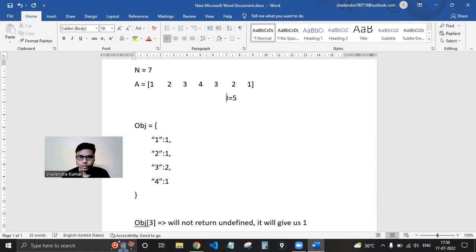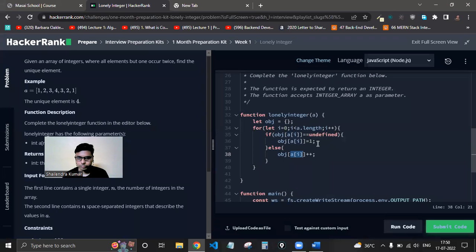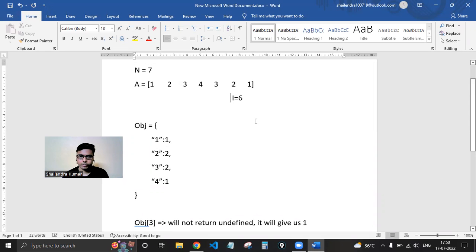After that i moves to the fifth index. So here also we can see that 2 is already present in our object. So we will increment this value to 2. Okay. And after that I will move to,